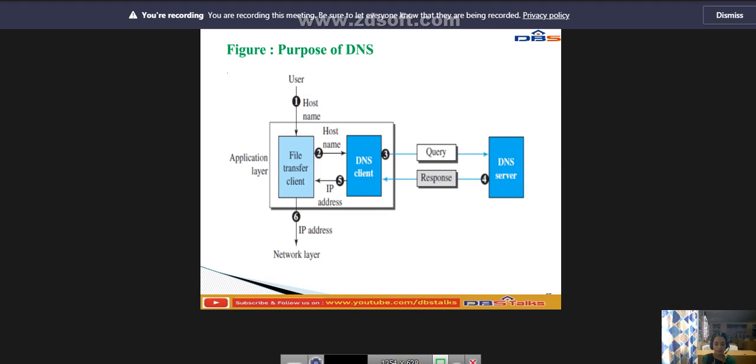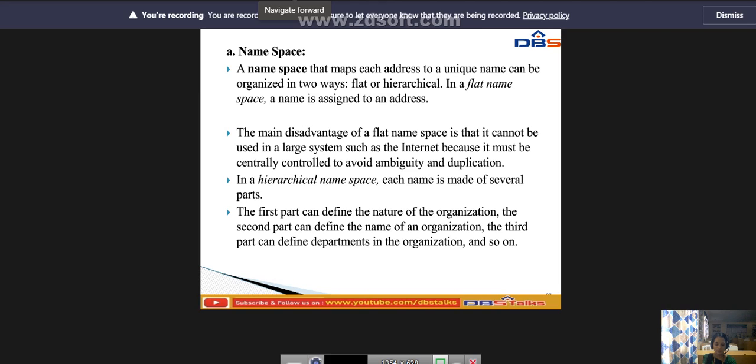A user wants to use the file transfer client to access the corresponding file transfer server running on a remote host. The user knows only the file transfer server name, such as filesource.com. So that is the purpose of the namespace.